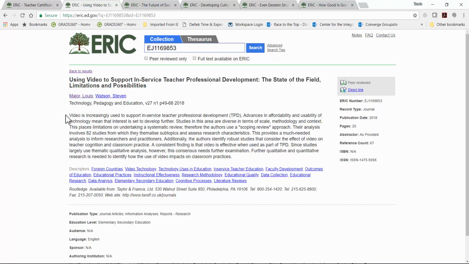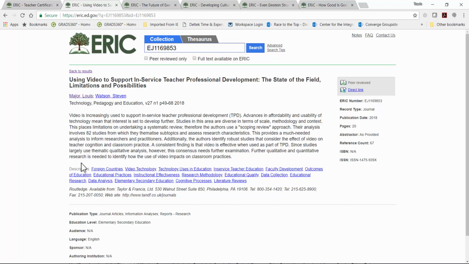It often outlines the research questions, the population studied, maybe the methods used, results, and conclusions. However, not all abstracts are equal in detail or approach, but all abstracts are searchable. So the abstract field and the title field are the fields that are going to give you your results from keyword searches.